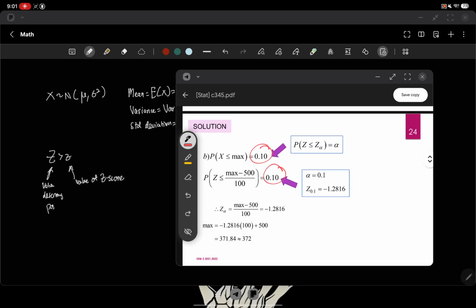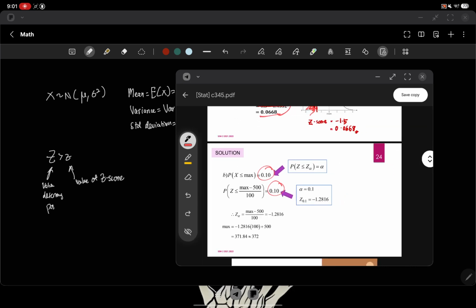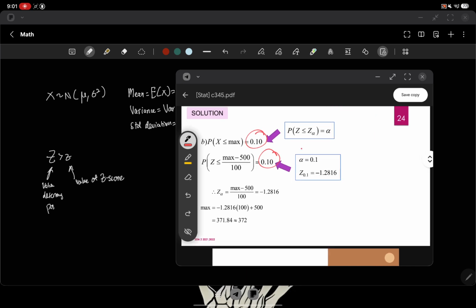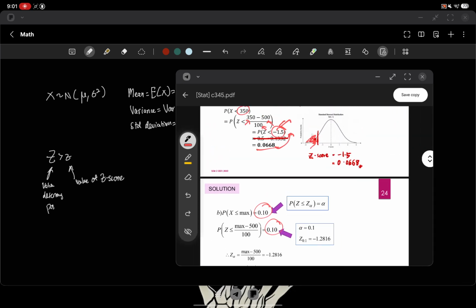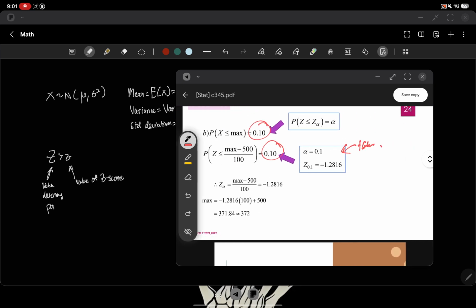According to the final answer, we then need to refer back to the table to get the z score. So sorry, to get the amount. So this is referring to the table. Once you get the table, you just need to do the reverse engineering and you'll get the value. Okay,